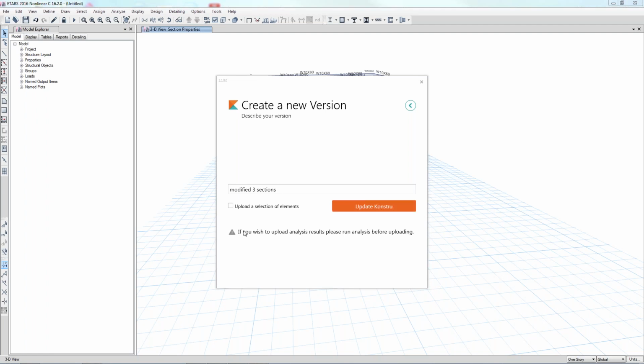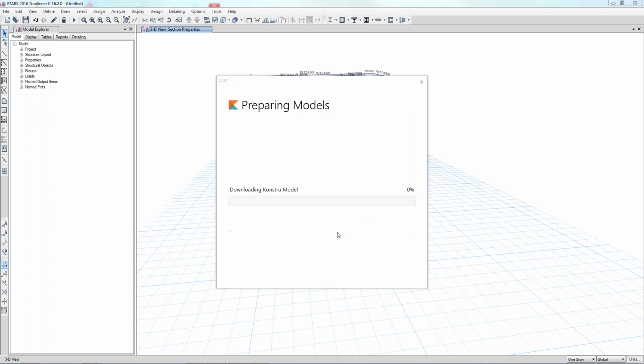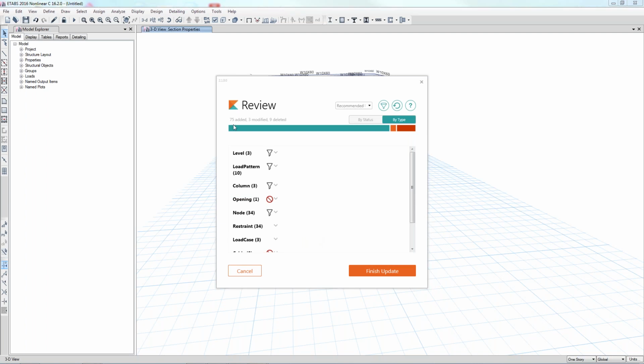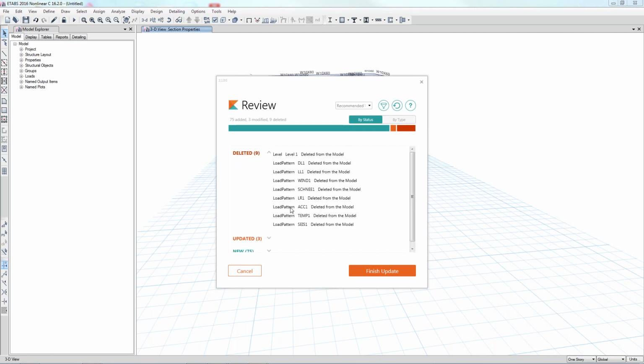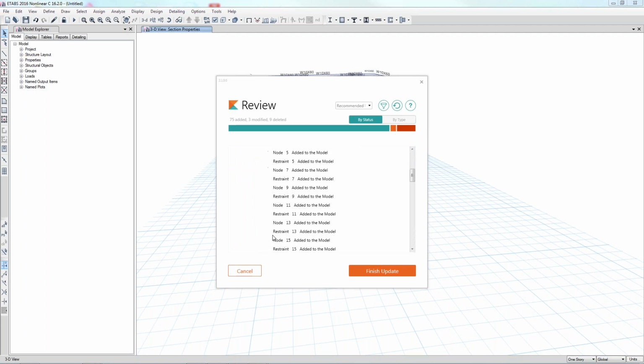Okay. So it also gives me the option to upload analysis results. We're not going to run an analysis right now, but I can show you in a minute what that would look like. Okay, so here it's telling me that it's adding a lot of new elements, it modifies 3, and it's deleting a few as well. So why is that? So we can look at it by status instead of by type, and we can see that, for example, all the load patterns are being deleted as well as one level, and that's because it's also